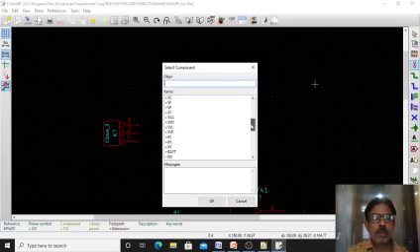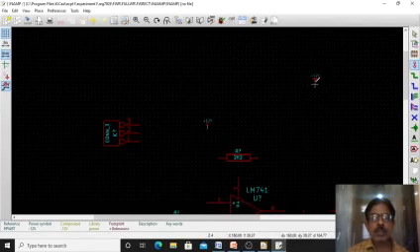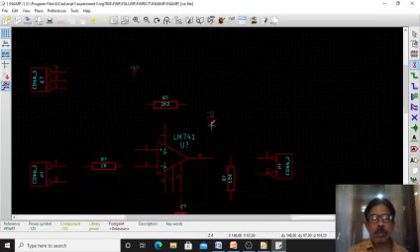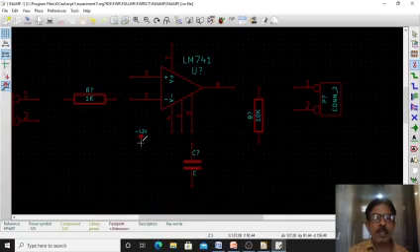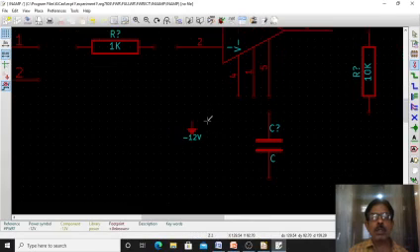You search here for minus 12. Here it is. You select this minus 12. It is connected to pin number 4. Therefore, I will keep it near this pin number 4. Rotate it and I will keep it here, so that it will become easy for giving me the connection. Okay, this is minus 12.